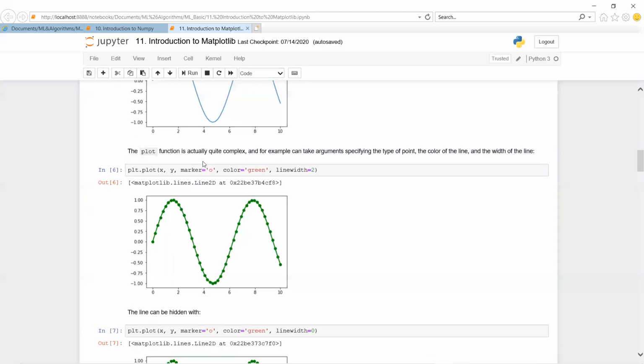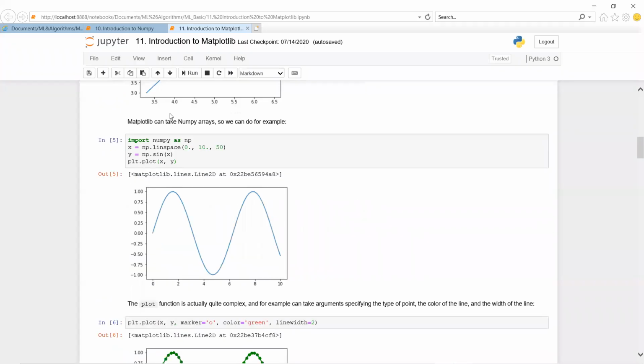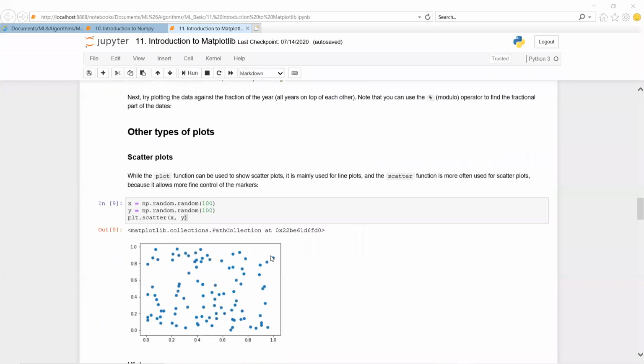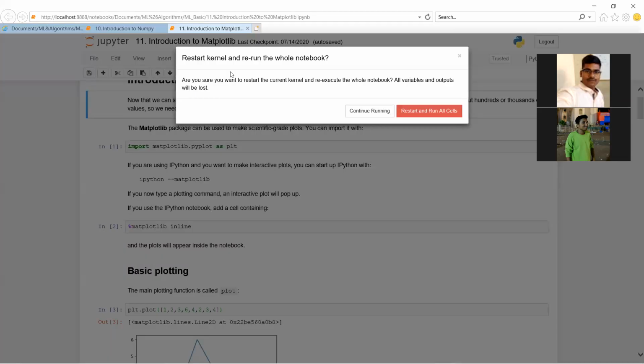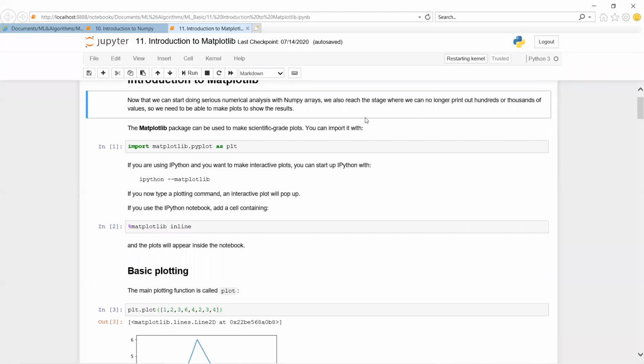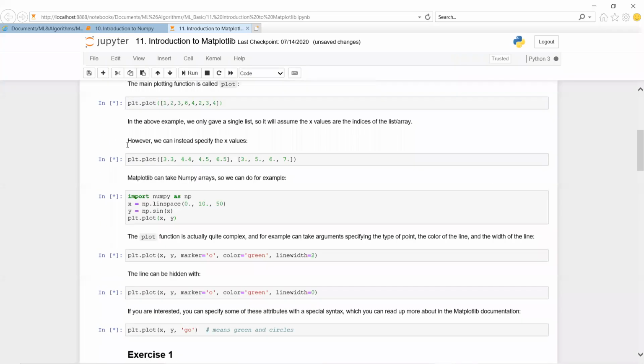Okay, so we have to run from the starting, cell by cell we have to execute. So if we want to execute all the cells at a time, we have to use this one, this double arrow is there. So restart and run all cells. So automatically from the first cell to all cells it is going to run without our intervention.